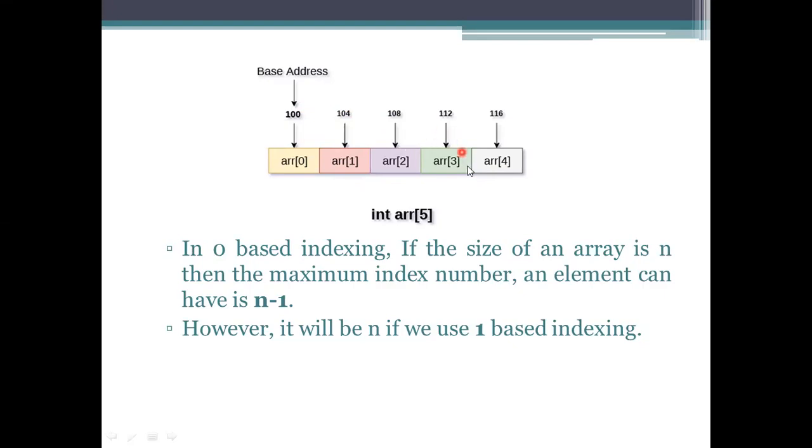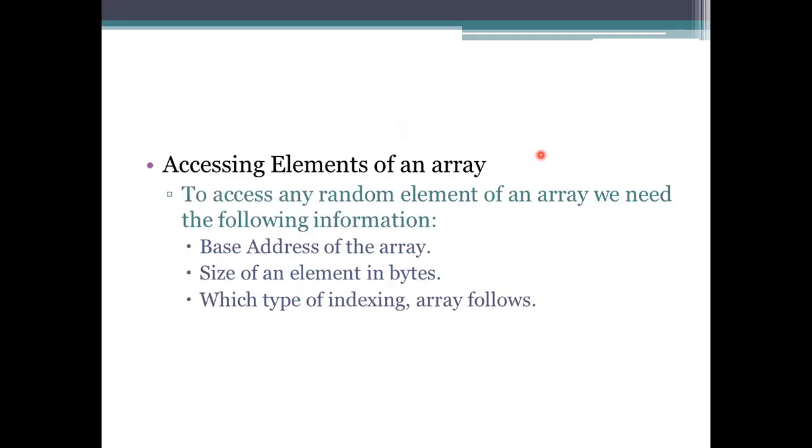And these, until we reach n minus 1, what happens here is we need to consider the insertion of the elements. If you go for one-based indexing, we need to take n as a consideration: array of 1 to array of 5, we will add that one. How am I going to access the elements?